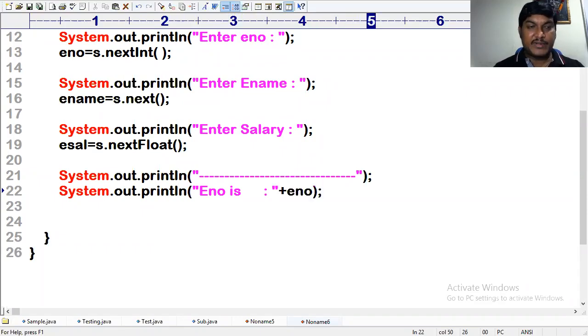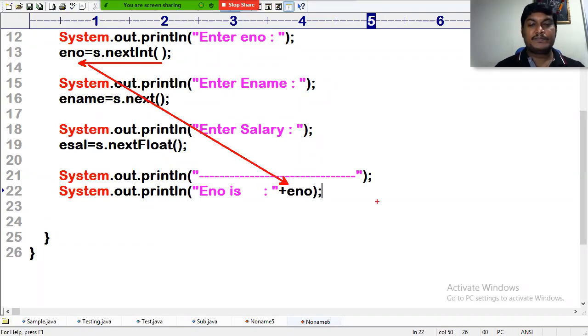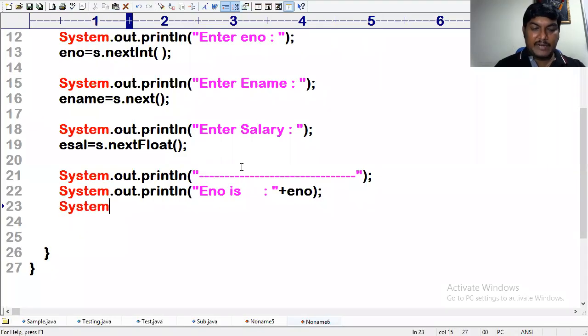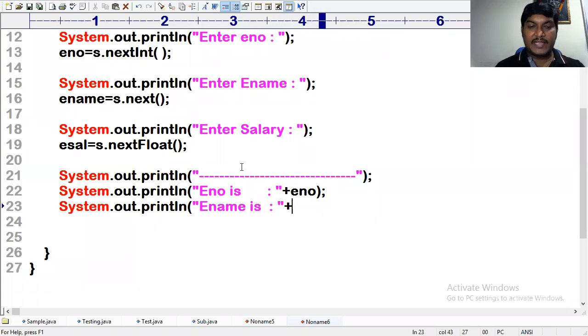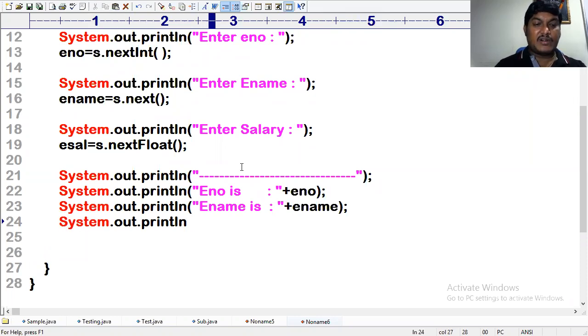That extracted input is already there in eno, and that value we are going to print here. In the same fashion, System.out.println("ename is"), ename. And System.out.println("esalary is"), esal.